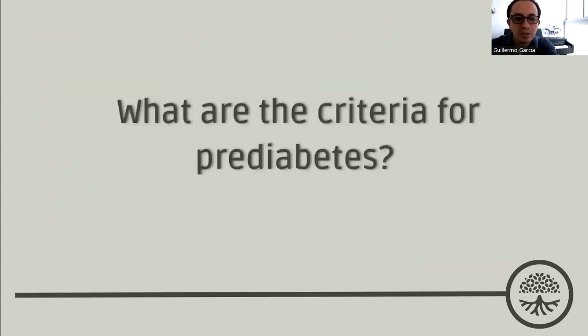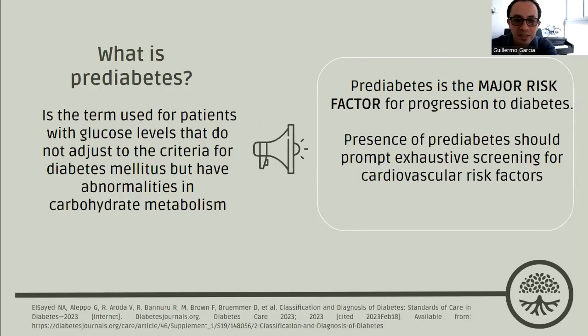The first question is, what are the prediabetes criteria? Prediabetes is the term used for patients with glucose levels that do not adjust to the criteria for diabetes mellitus but have abnormalities in carbohydrate metabolism. It is the major risk factor for progression to diabetes, and the presence of prediabetes should prompt exhaustive screening for cardiovascular